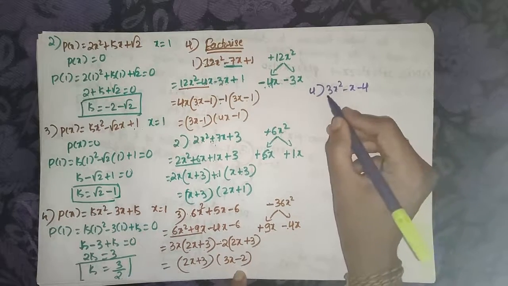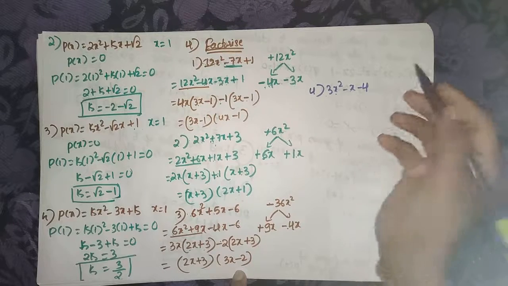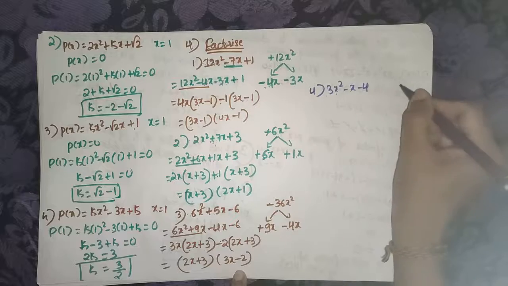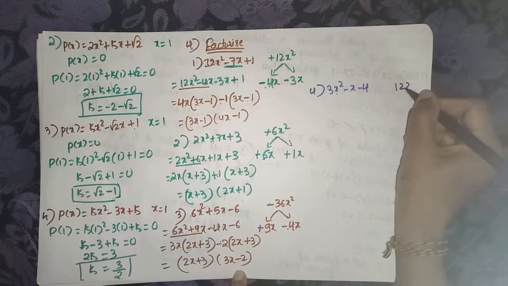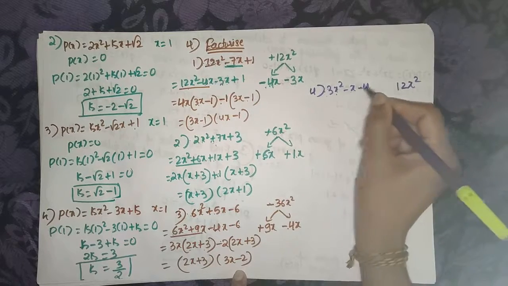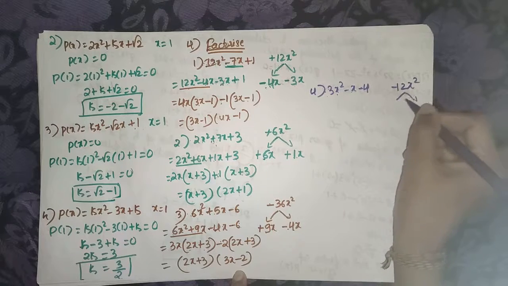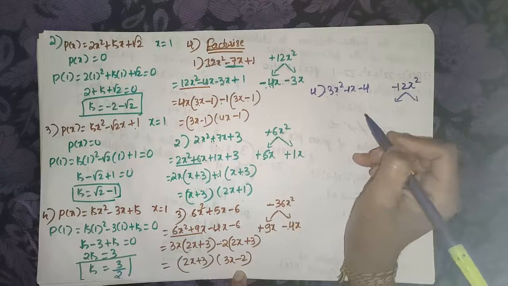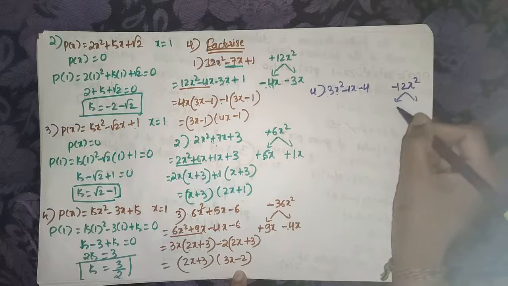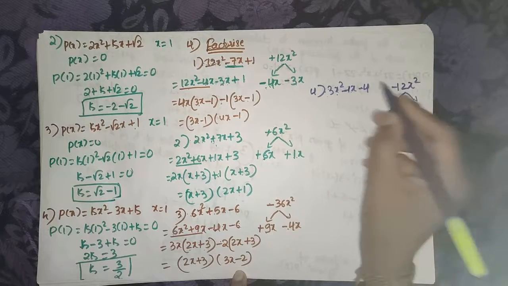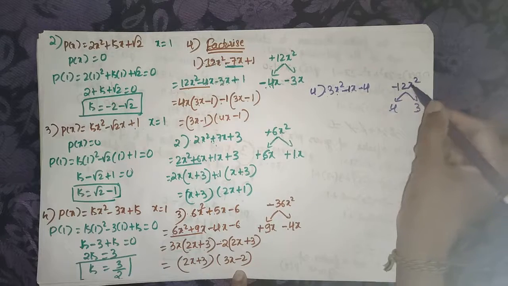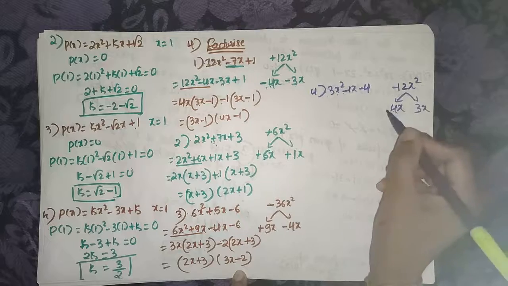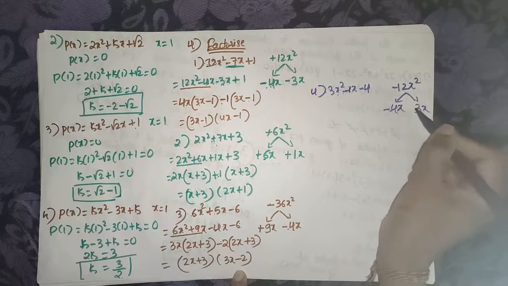Fourth question is 3x square minus x minus 4. Same thing, multiply first and last term. 3 4s are 12 x square. Here plus into minus is minus. So here we need to get 1. Nothing is there means 1 there. So 12 means I take 4 and 3. 4 minus 3 we will get 1. Here the sign is minus, the greater one is minus, minus into minus is plus.